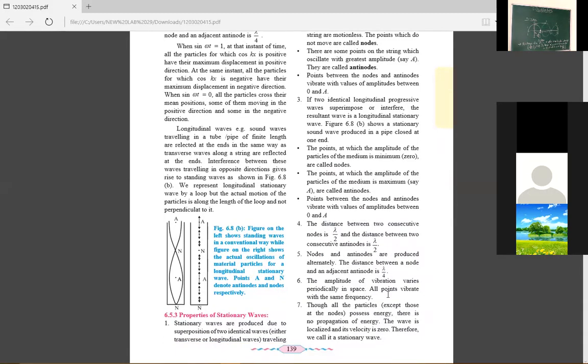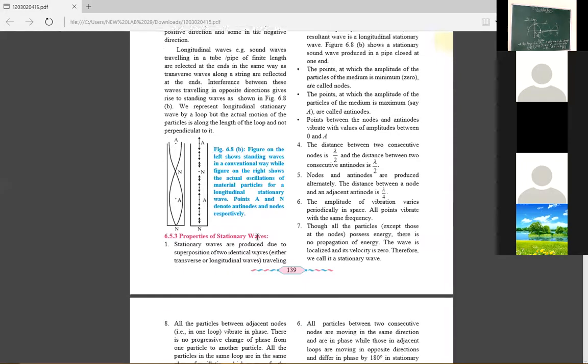Okay, also point number 5, the distance between a node and an antinode is always lambda by 4. If side by side one is a node and one is an antinode, the distance between them will always be lambda by 4. Okay, is it understood? Yes, sir. Okay,